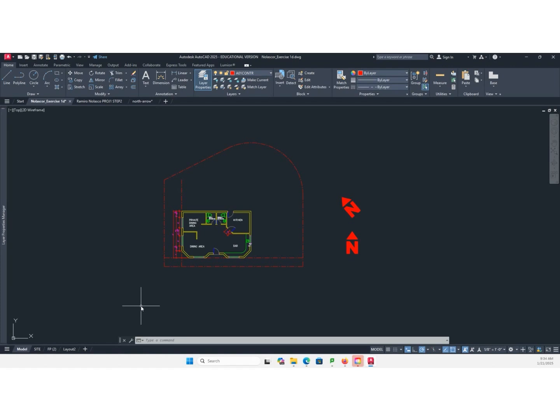This is the exercise, and the project is in metric. There are 2 buildings that we are creating. Now we're creating the property line for this one, that is the exercise, and then the metric version.